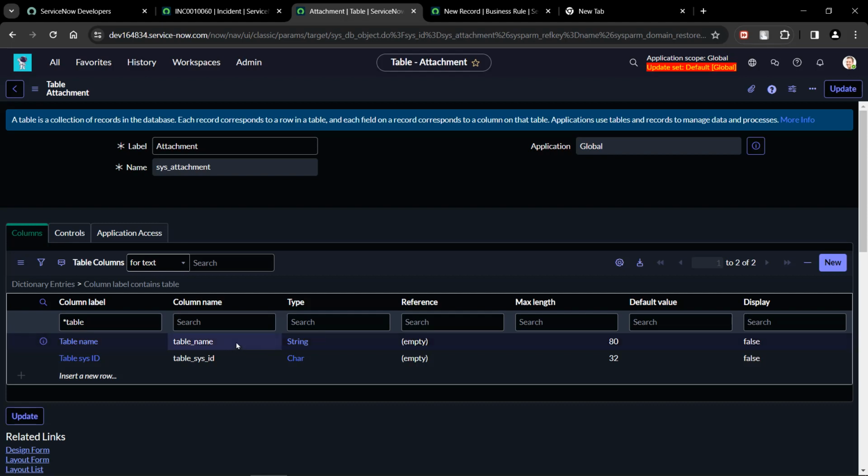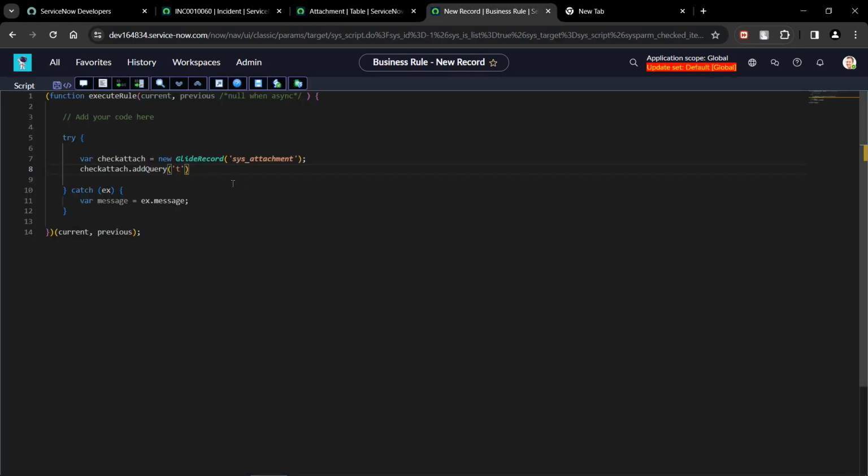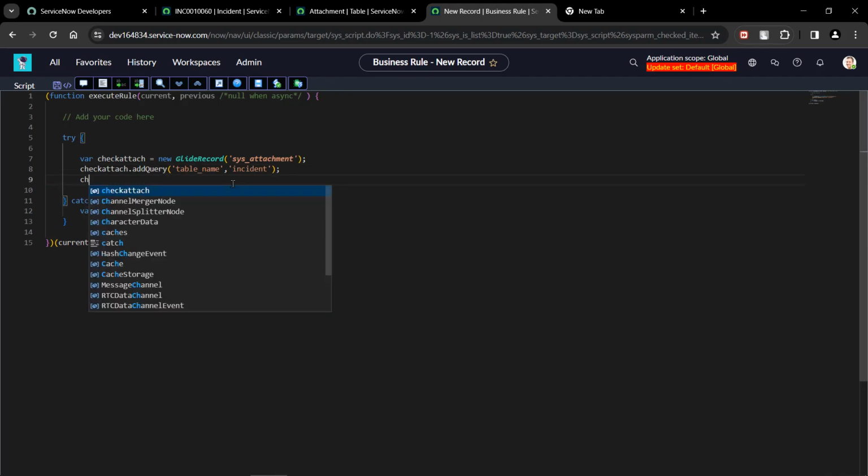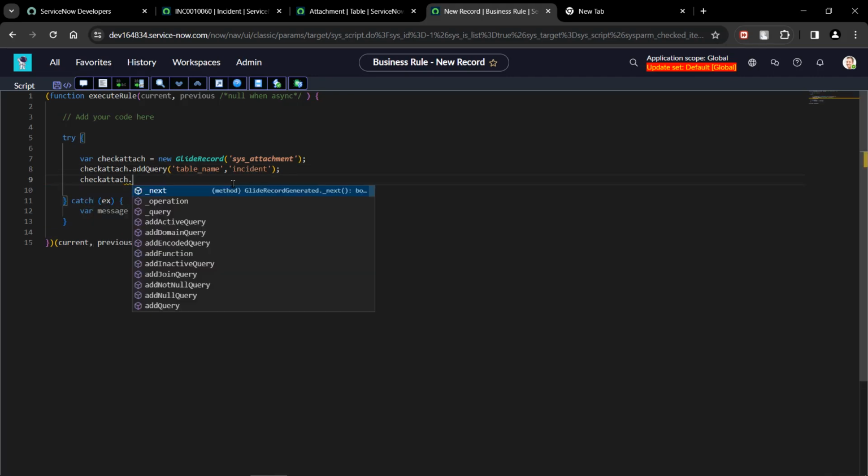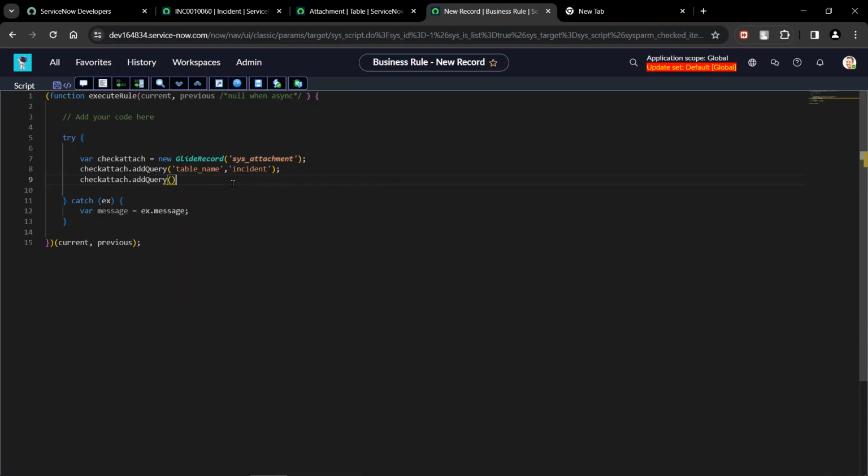So table name is nothing, I'll just copy here. I'm just using my instance, so I'll just write incident, check attach dot add query,